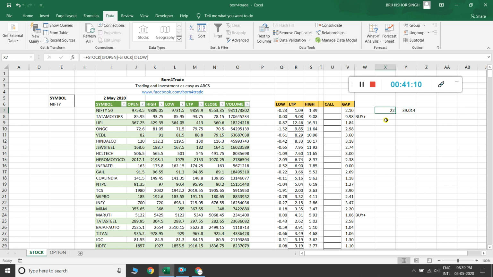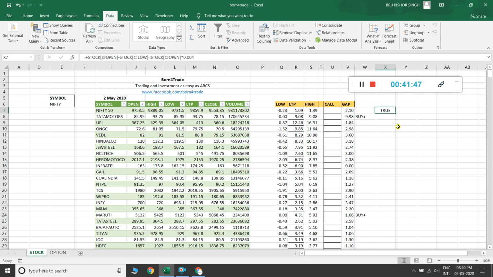Then I delete this and try open minus low is less than what? Less than open into 0.004. It is true.